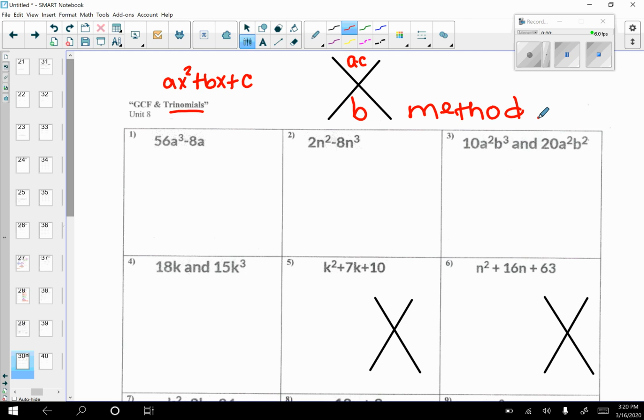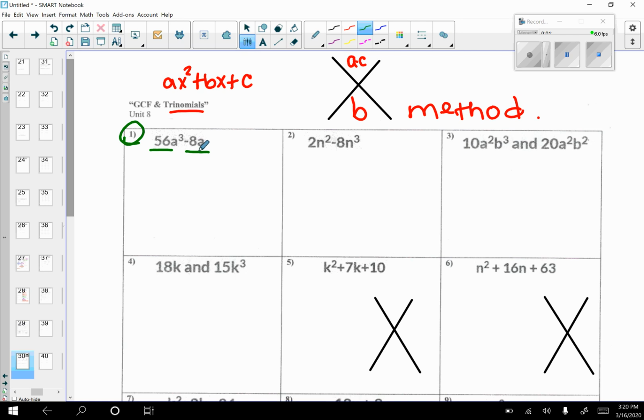Okay, so first things first, let's start with a little refresher. All right, if we start with number 1 here, we just have a binomial. That means we have two terms here. So I have a 56a cubed and a negative 8a. And if we remember my lesson on GCF from before, we know that with the GCF, we're going to take the greatest common factor and the lowest variable. So here,